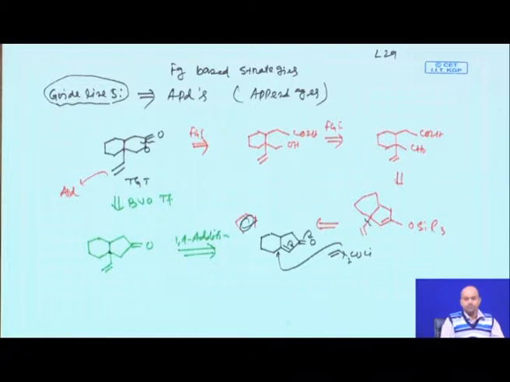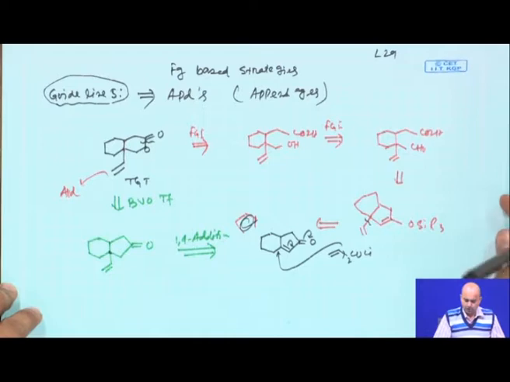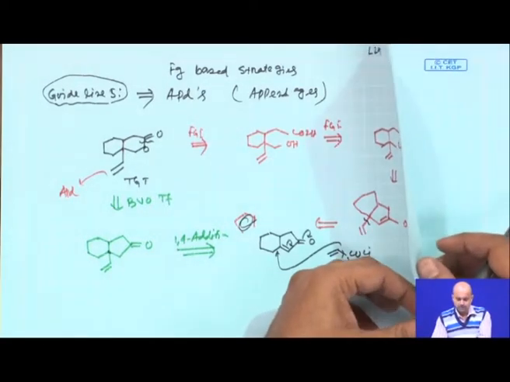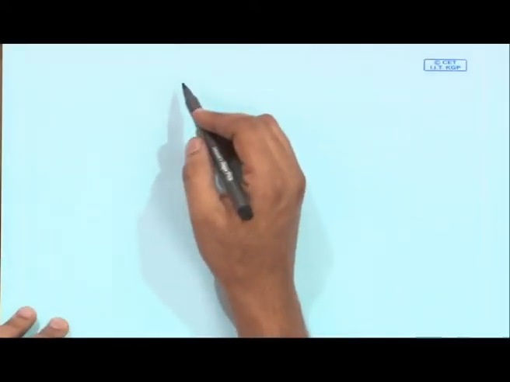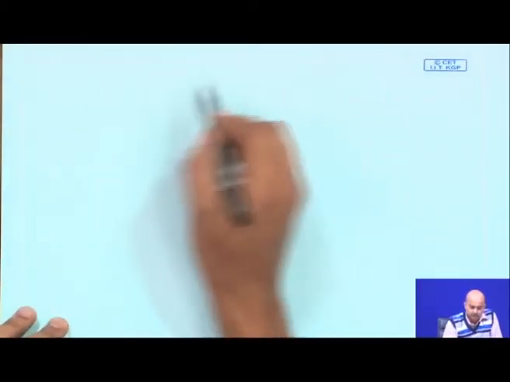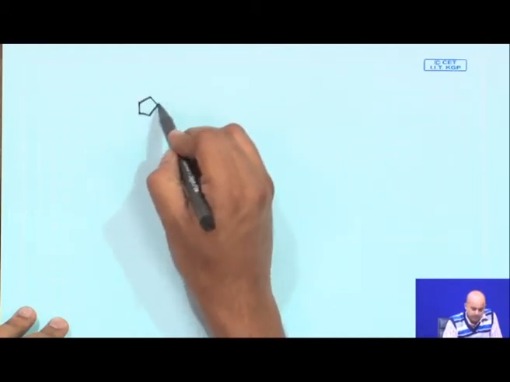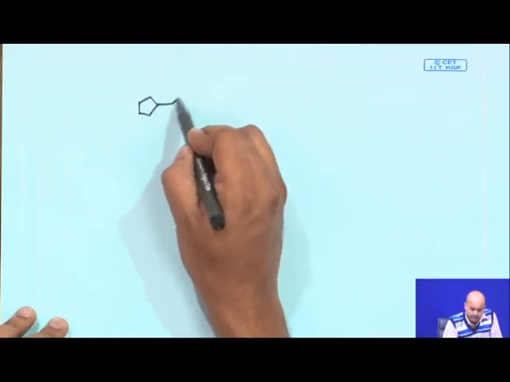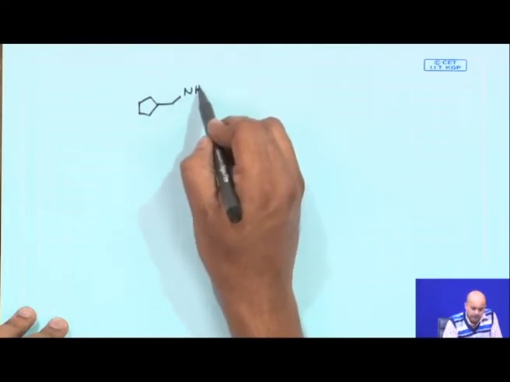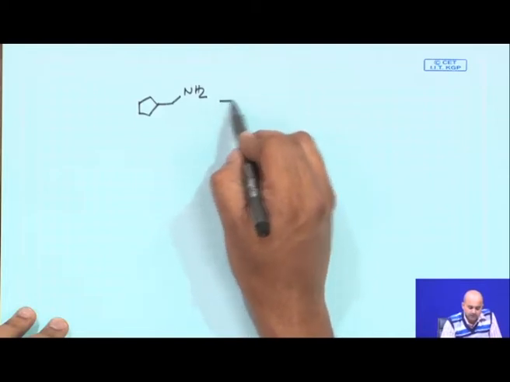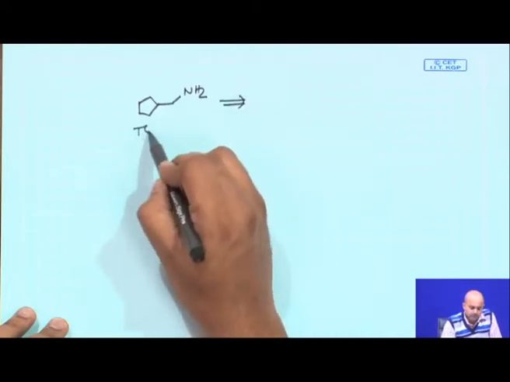So, appendages are normally introduced at an early stage or late stage depending on your functional group requirements, and you can basically think about introducing appendages at any point of time based on the appendage structure. So, the next couple of problems which we will now discuss will have similar appendage disconnections, where the appendages also contain some functional group. Like this particular molecule, which we say is a target molecule, is a